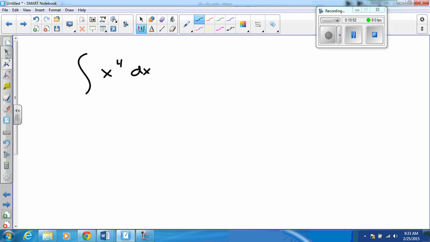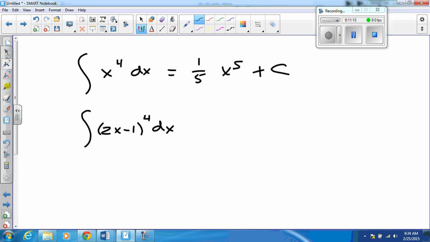Got it? Everybody got it? What'd you get? Did you remember the plus C? Plus C, that's right. That represents the initial condition, the effect of the initial condition. Okay. But watch what happens when I change this just a little bit.